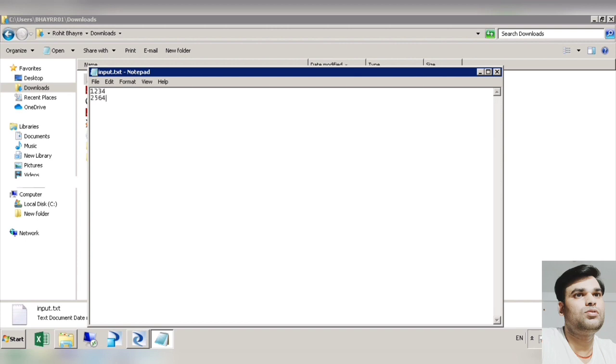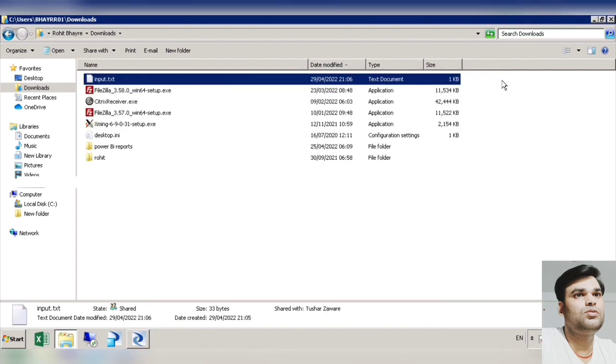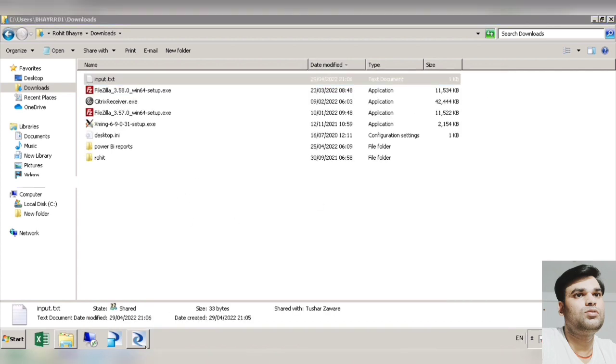Then we have 3 4 5 6 7. Then you can have ABC. Then you can have PQRS. So this is my file, and these are the product codes which I am saving. So let me put first prod code. This is the column name.